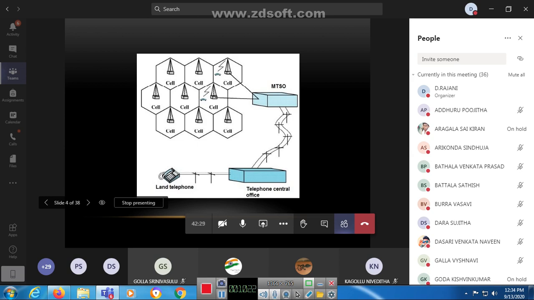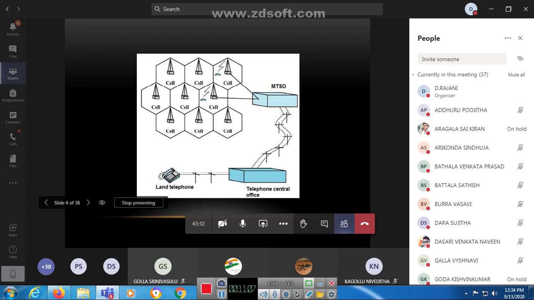For example, in our institution we have a north side building and a south side building, and both buildings belong to our institution only. But students from the south side building want to call the north side people. At that time, the call belongs to the Airtel network, whereas the north side call has the BSNL network. So both are different networks, but they originate from one office only. What is that one office? The DBS IT college office.